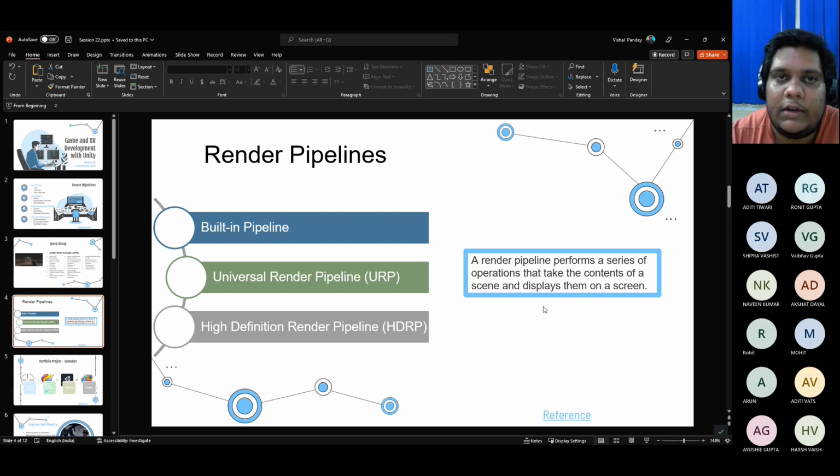There are a few things that we use for that. Render pipelines is one of those things. The other thing that we did not talk about at all is lighting. Lighting is one of the things that controls how your screen looks. I'll discuss that quickly here as well, right now.